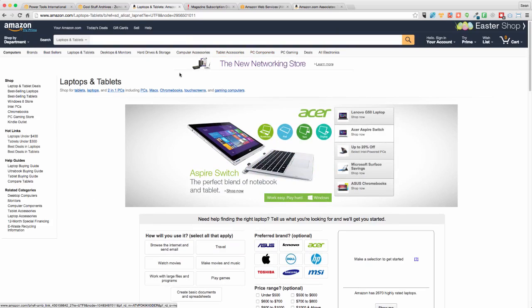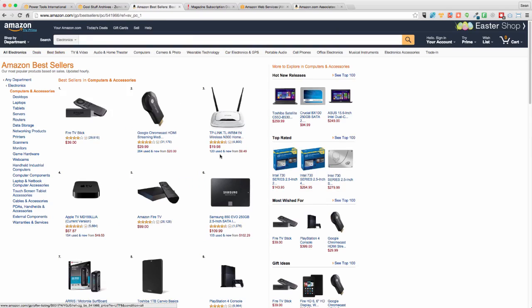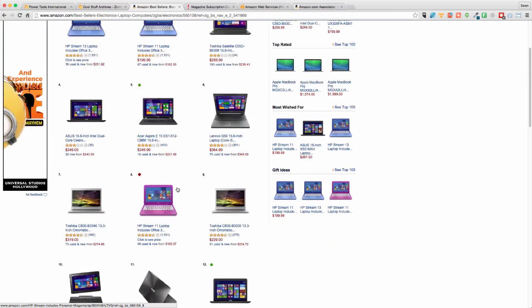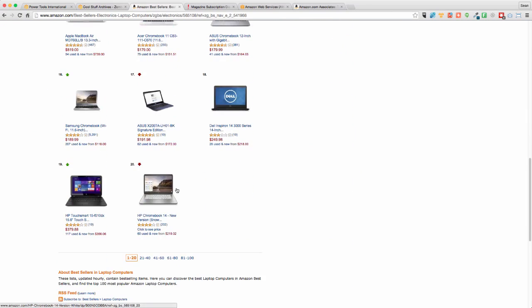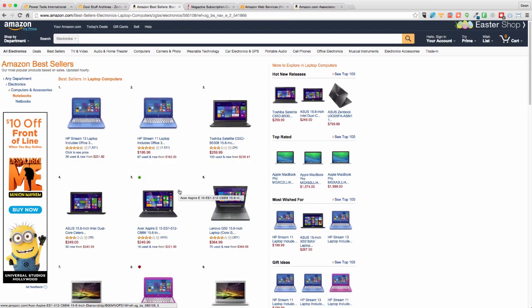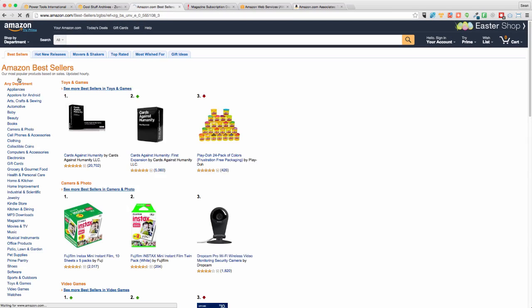So let's have a look here, and I'm going to actually go to best sellers. Amazon bestsellers. This is in the general computing category, but now let's go down to laptops, okay? So best-selling laptops. Again, we can see what they've got and everything else. So we're starting to get a really good idea about what is out there, what really is for sale, and what people are actually loving. One of the other areas I go to first is any department and then the Amazon bestsellers, and I can drill down.